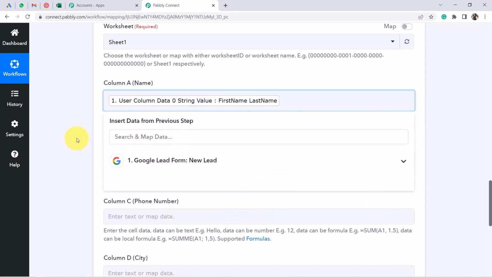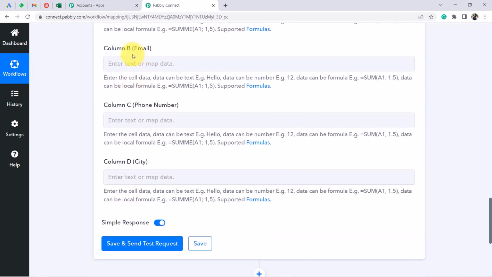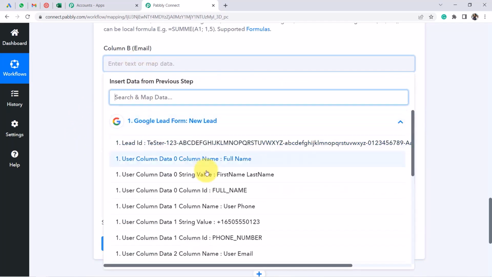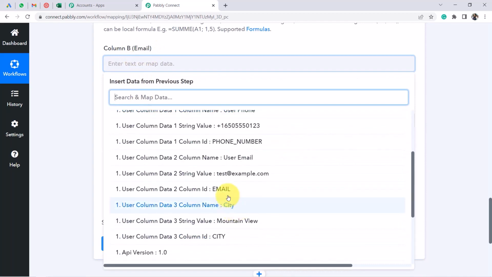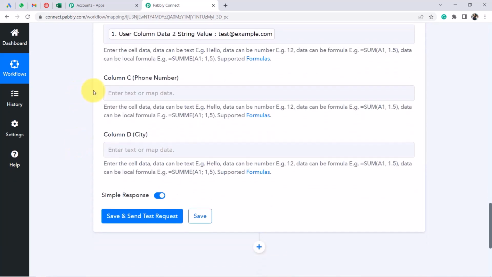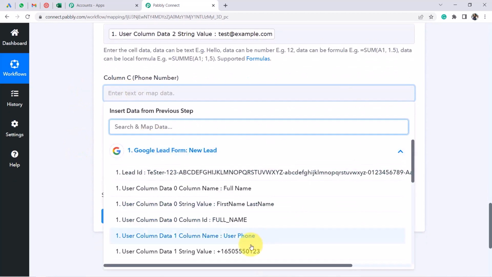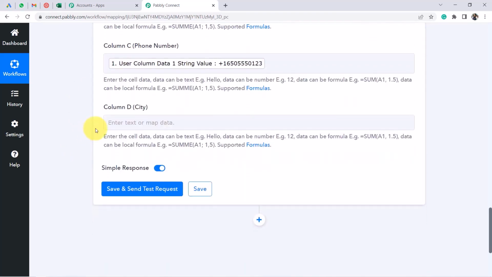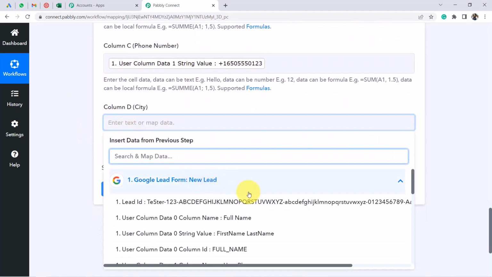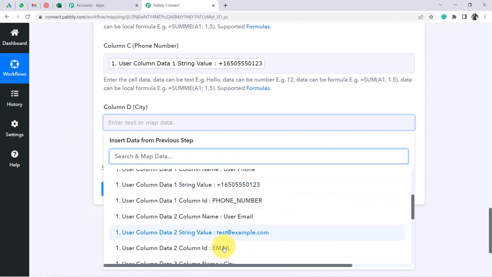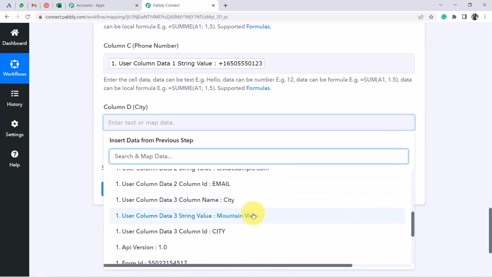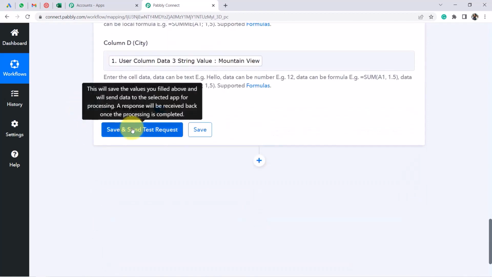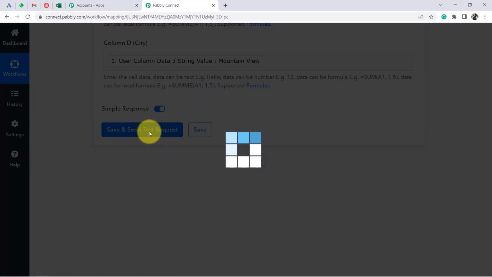This is the name of the person, and in the email field, of course, I will map the email only, and here is the email address of the person. And in the phone number, well, I have this phone number also, and finally the city which the person has selected for, and this is the city, Mountain View. So I have added the details, clicking on this button save and send test request and waiting for the response,